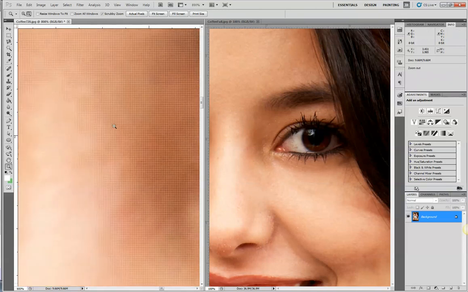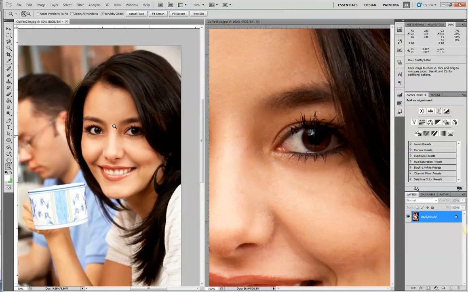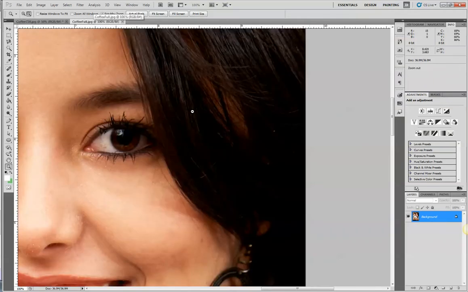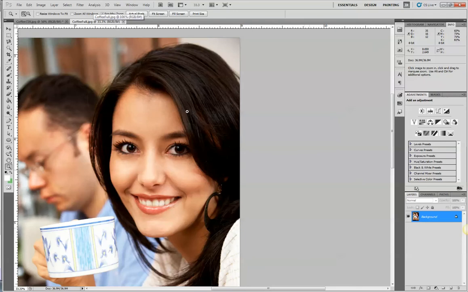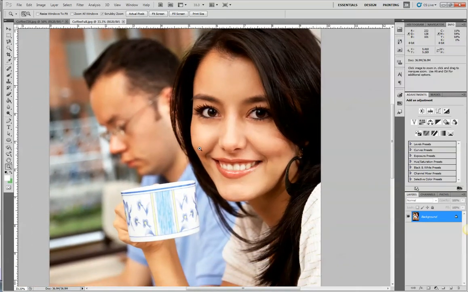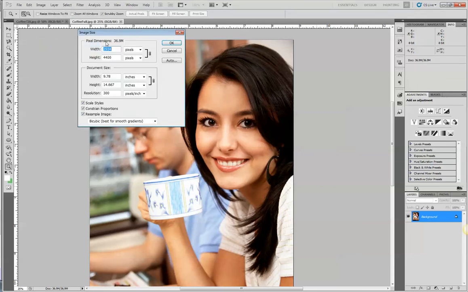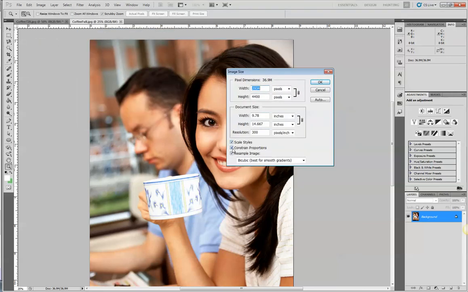Now the other thing I want to discuss is another thing that students are doing, which is scaling images disproportionately. And let me show you what that means. So here's my high resolution image, right? What some students are doing is going to image size, and they're making the mistake of unchecking constrain proportions. You always want to keep that on. So if I turn that off and I force this image down to 1500 by 2100,